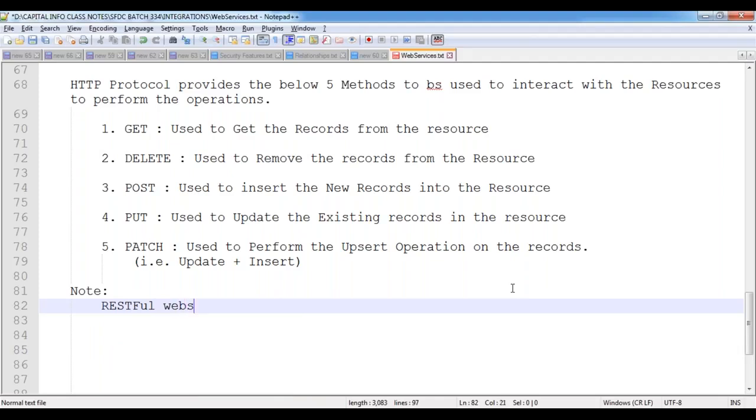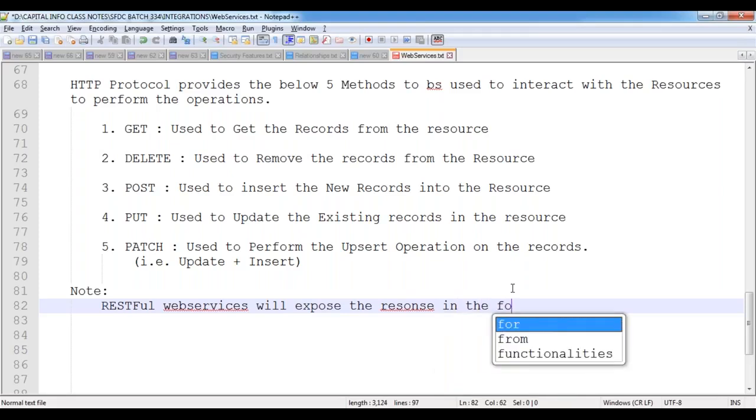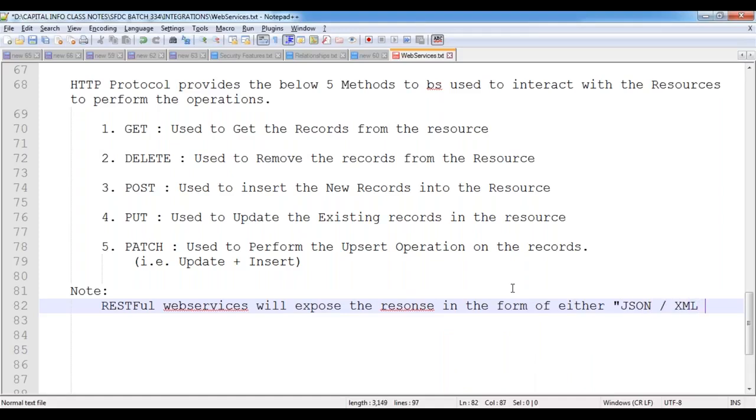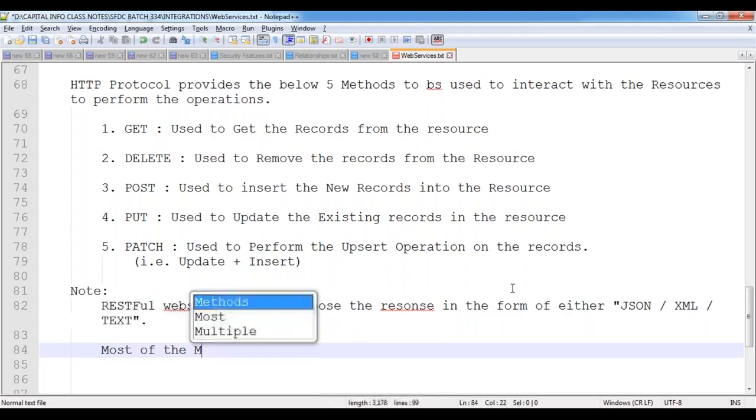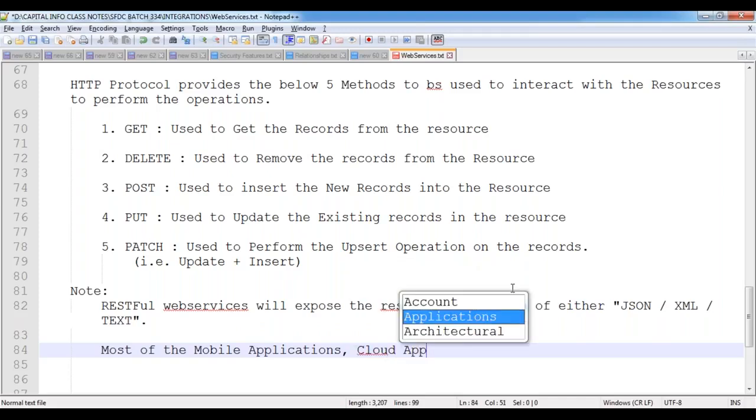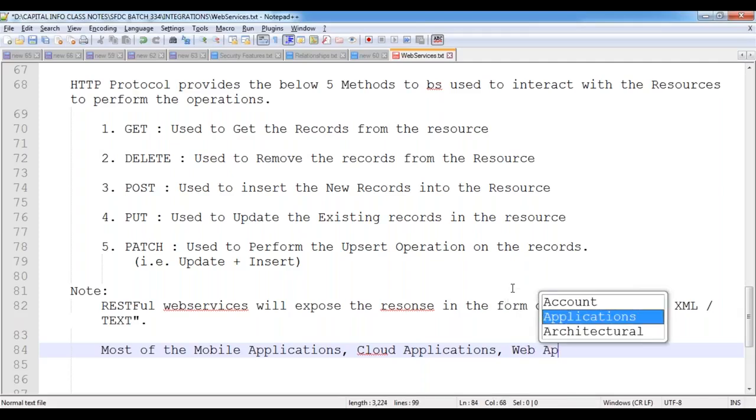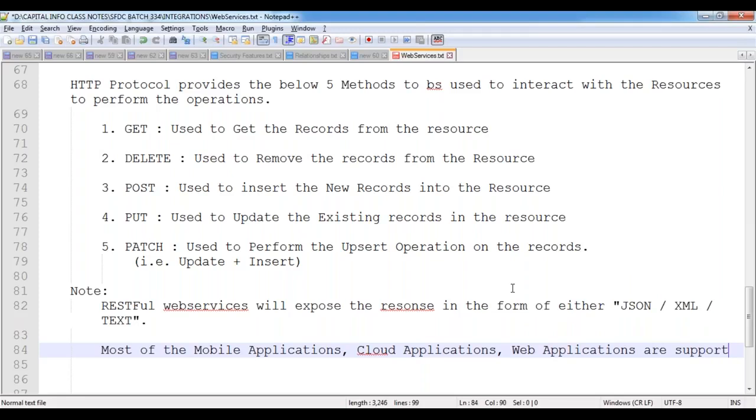RESTful web services will expose the response in the form of either JSON or XML or text-based format. So most of the mobile applications, cloud applications, web applications are supporting the RESTful implementations, RESTful web services,